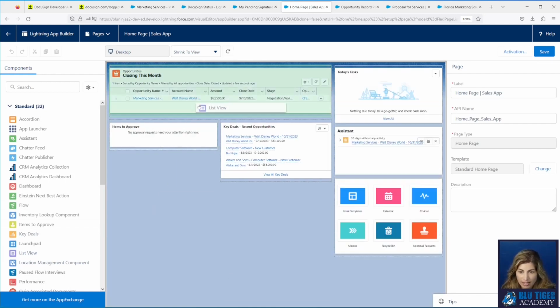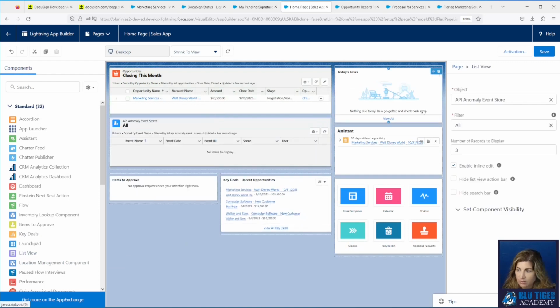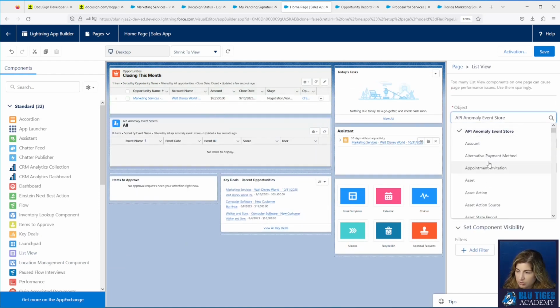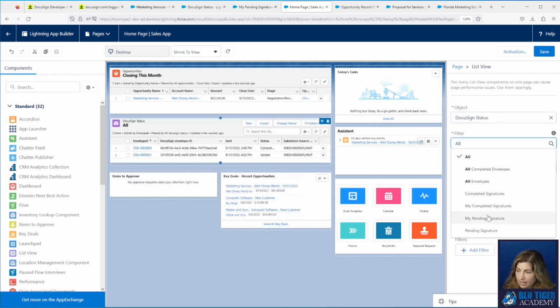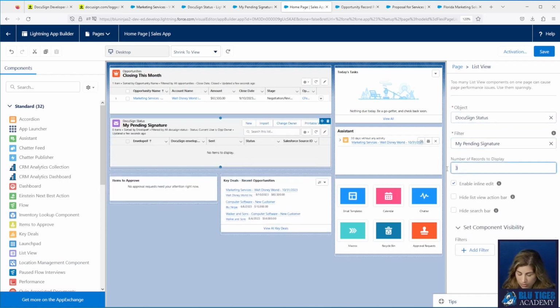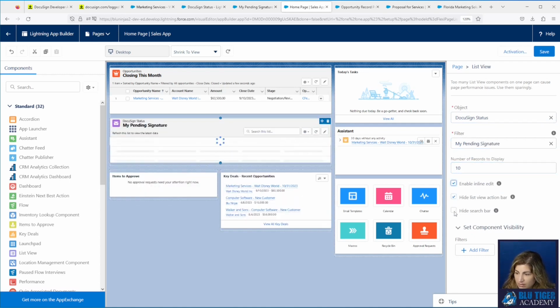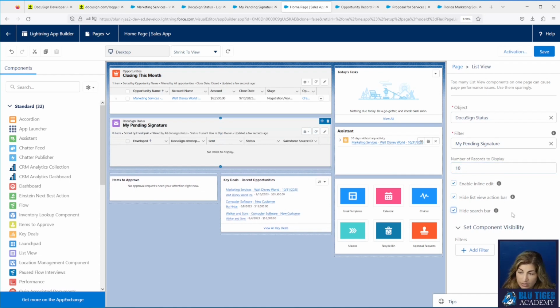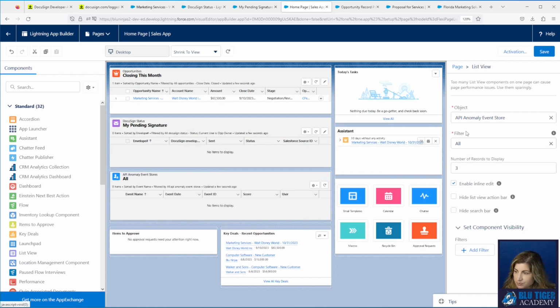So we would add a list view here. And then we would change our object to be DocuSign status. And then we would say My Pending Signature, however many records you wanted to show there. And you can hide all this stuff because they're not going to do any editing there unless you have a requirement for it. And then we can also do My Completed if they wanted to see those.